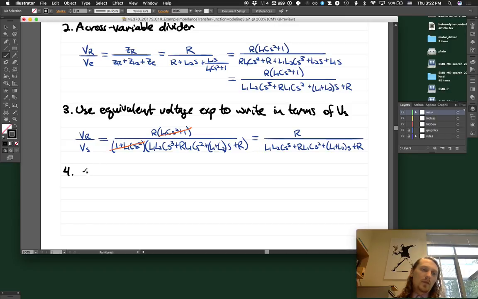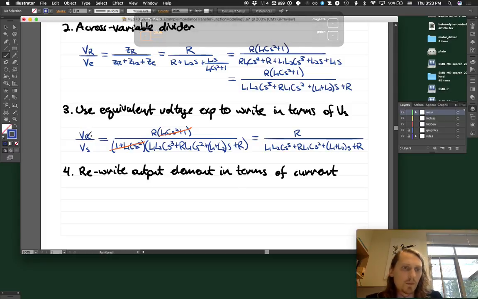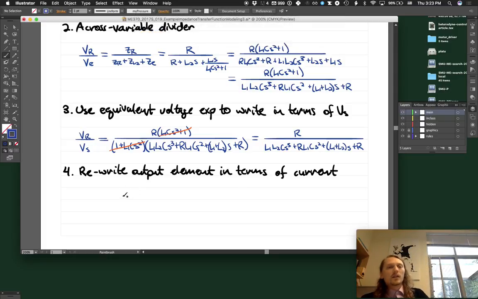So rewrite the output element, which is R, in terms of current instead of in terms of voltage. So we want the current of R, not the voltage across R, which in an electrical